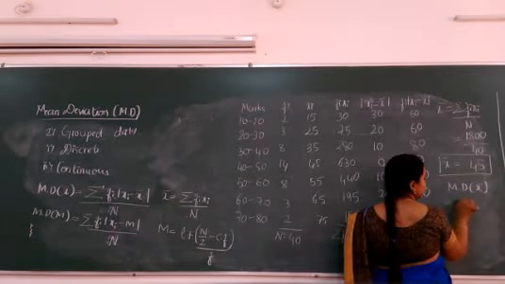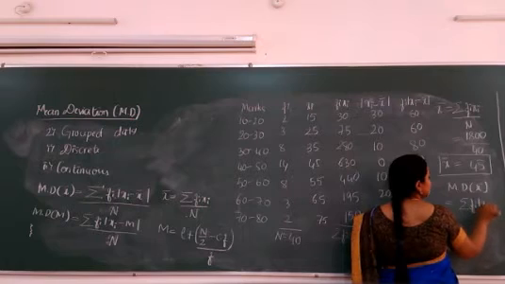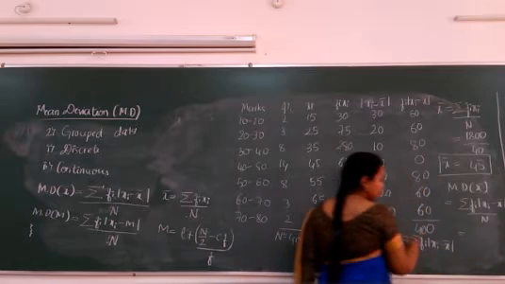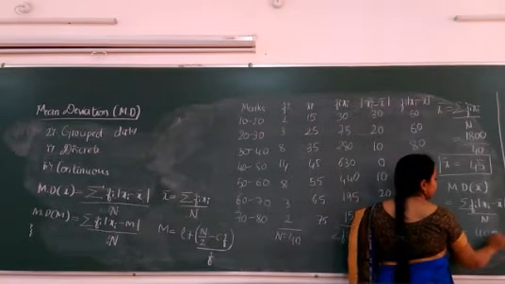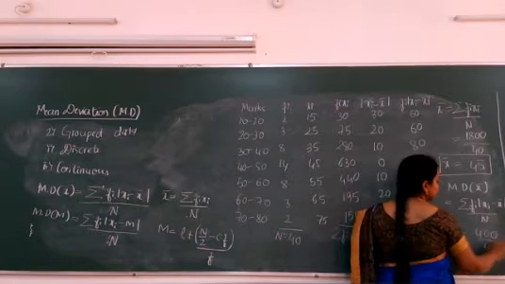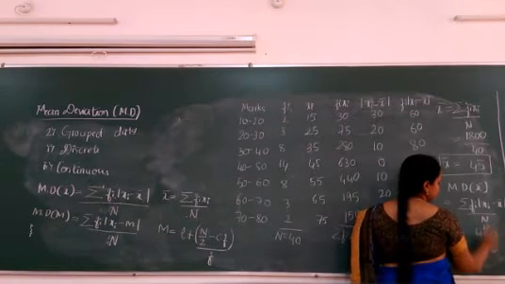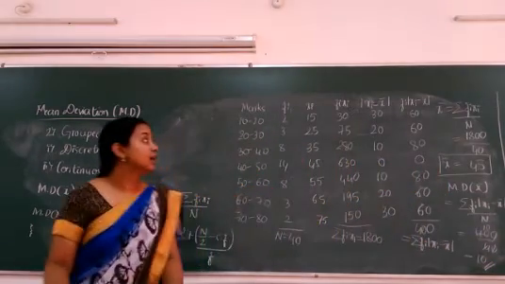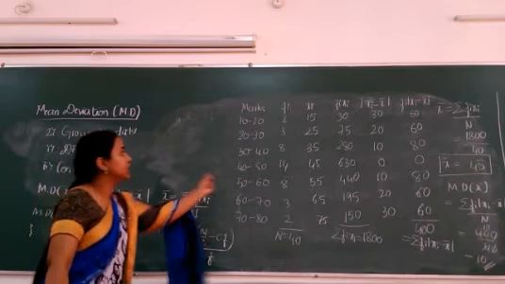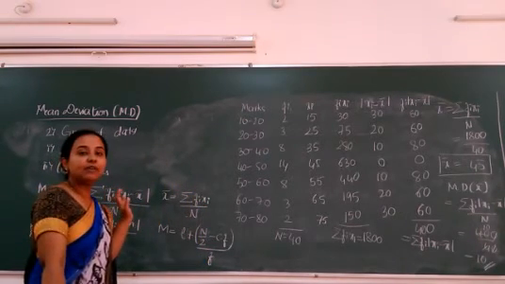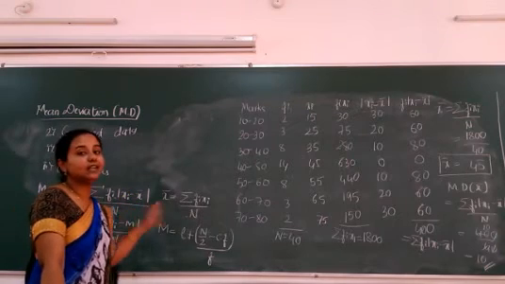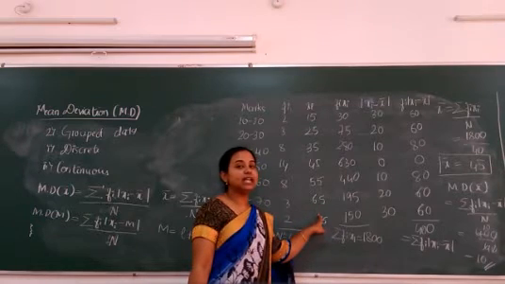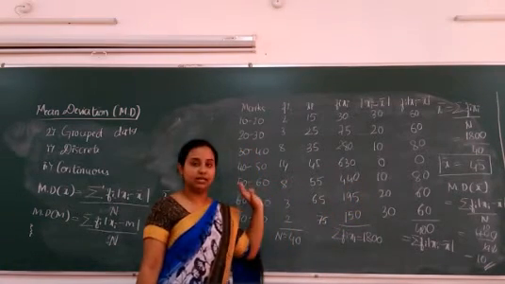The mean deviation about mean is equal to summation of fi into modulus of xi minus x bar divided by capital N. So what is the total sum? 400. And what is capital N? 40. So the zeros get cancelled: 4 ones are 4, 4 tens are 40. So what is our final answer? It is 10. So 10 is the mean deviation about mean for the given continuous data. I hope everyone has understood the difference between discrete and continuous. Only one extra column will come, that is xi. You have to calculate xi, and the remaining process is the same as discrete.